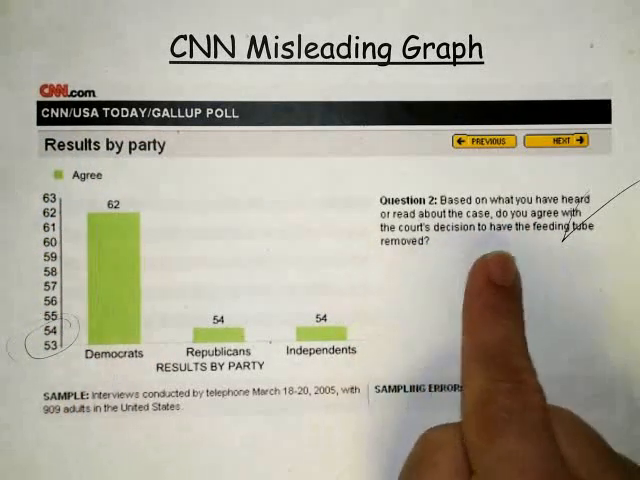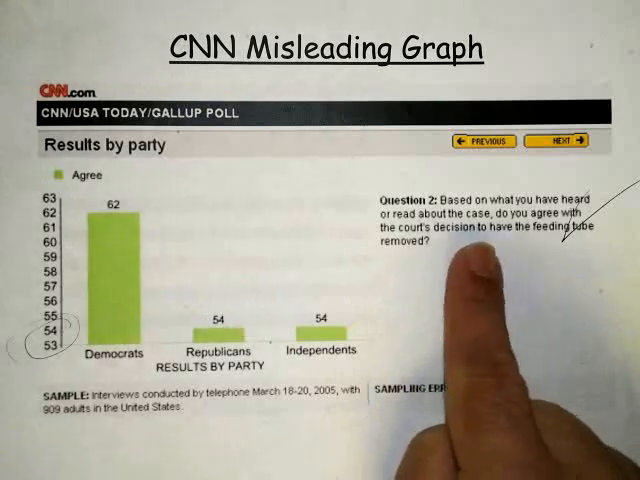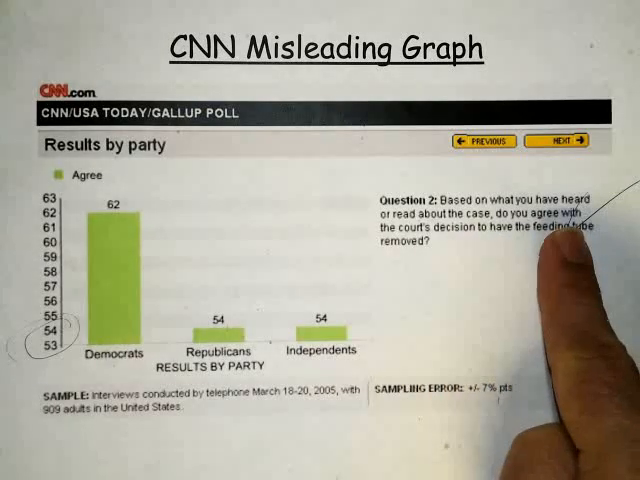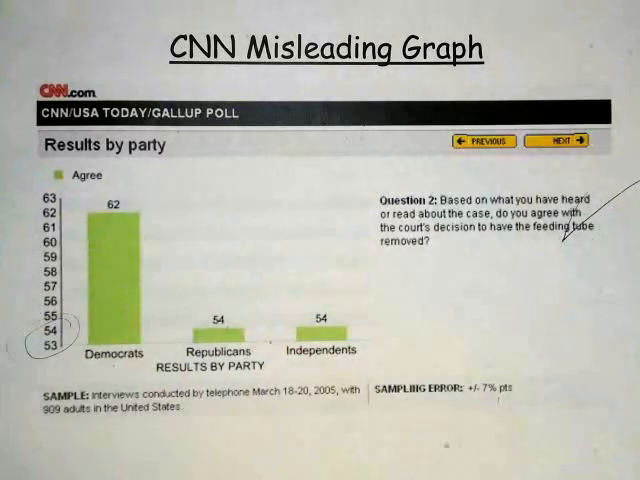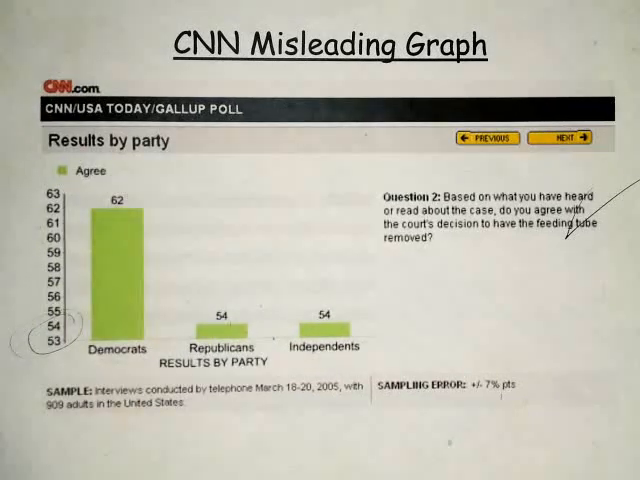But this came from a CNN, USA Today poll, Gallup poll, and it was in response to a judge's decision. And I don't know if you remember, but it was the Terry Schiavo case, and there was a lady who was in a coma. She had been in a coma for many years, had never woken up, and the husband wanted to take her off the feeding tube, but her family, her parents, did not want that,